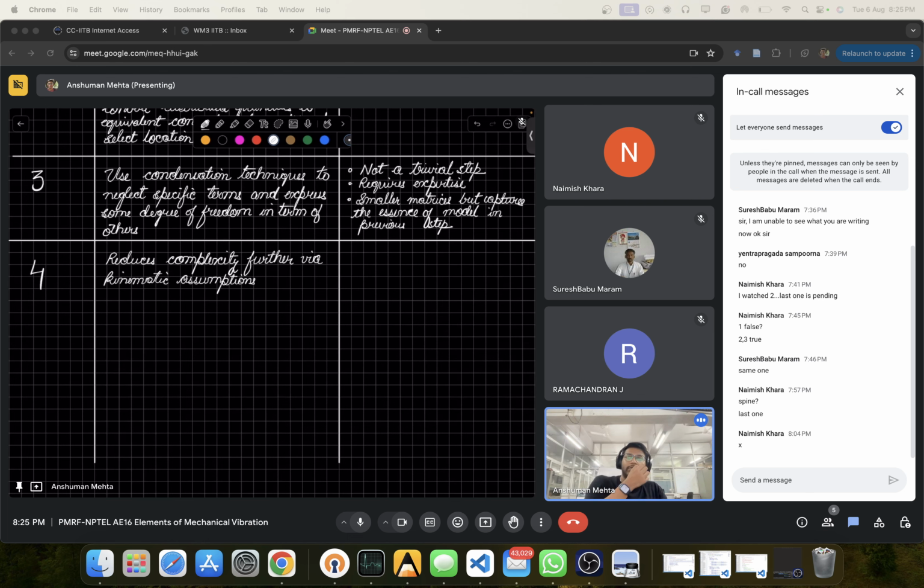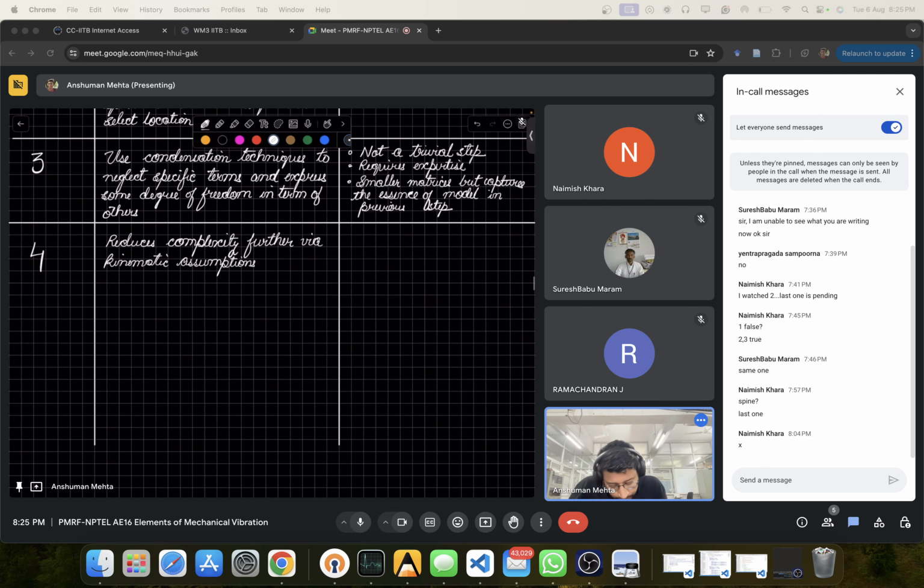For example, we can assume certain structural elements cannot deform. For example, as compared to the different elements, we can just say that this element is rigid with respect to another element, or this element is more flexible with respect to the other element, that is of a different order itself. So hence that can be done. So it improves the ease of modeling